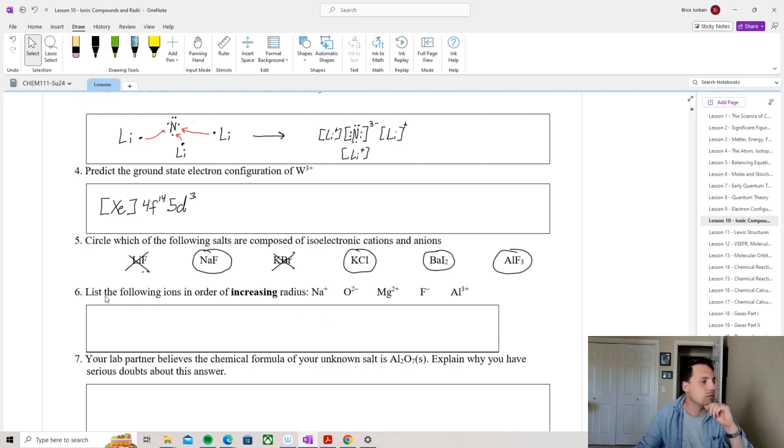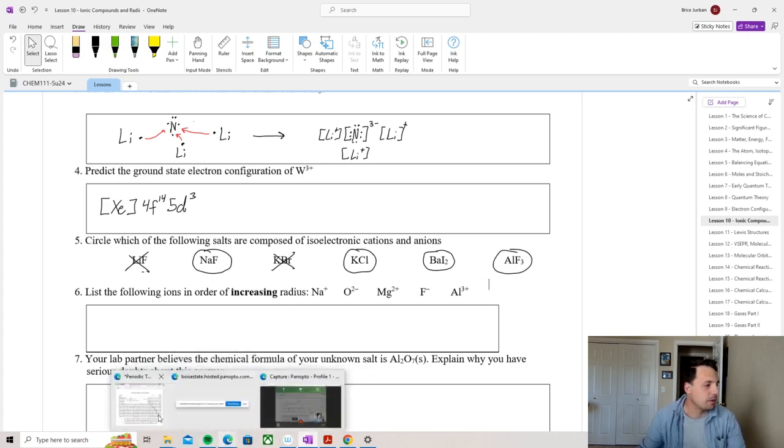With question 6, I want to place these ions in order of increasing radius. All of these ions are going to be isoelectronic. How do I know that? Well, if I take a look back at my periodic table,